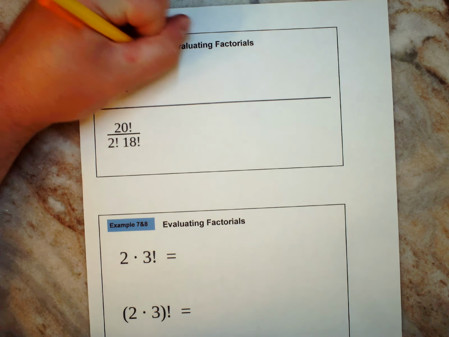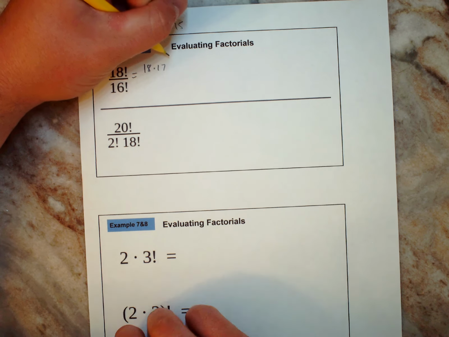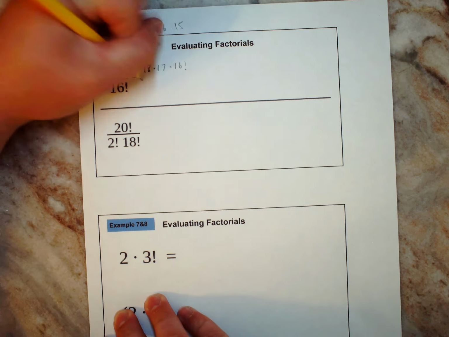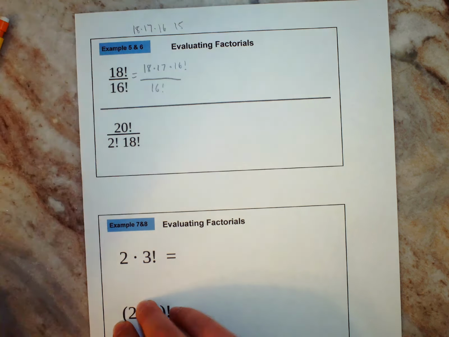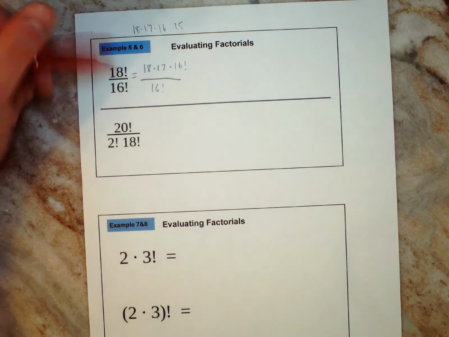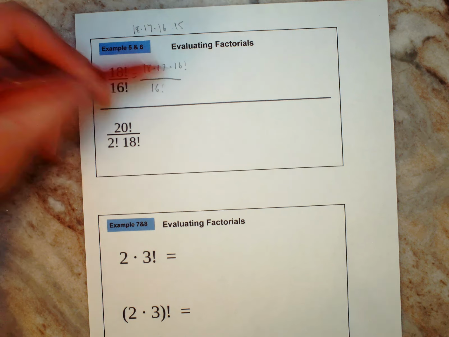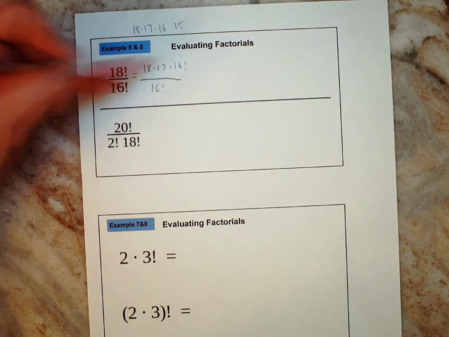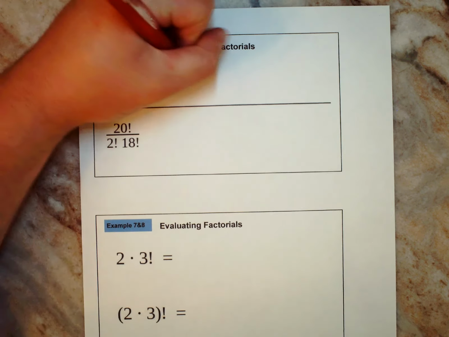18 times 17. Now what's left? 16 times 15 times 14, which is really 16 factorial. Oh my God, look at the bottom. What can I do? Now let's take this for a second. 18 factorial is 18 times 17 times 16 times 15, 14, 13, 12, 11, all the way down. If I stop here, that's what's left. 16 times 15 times 14. I can just cancel those. And now I'm left with